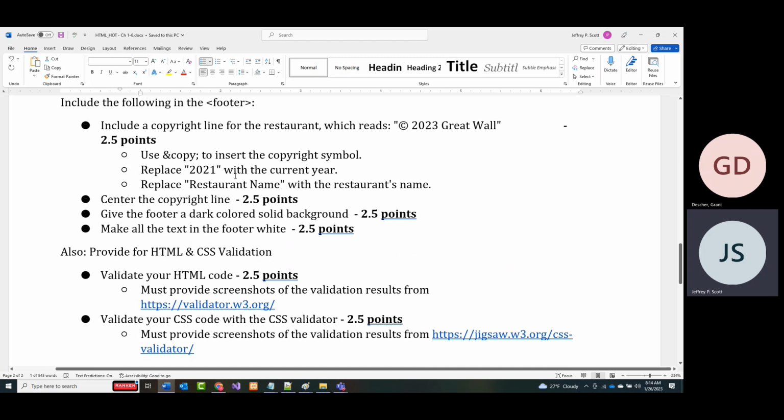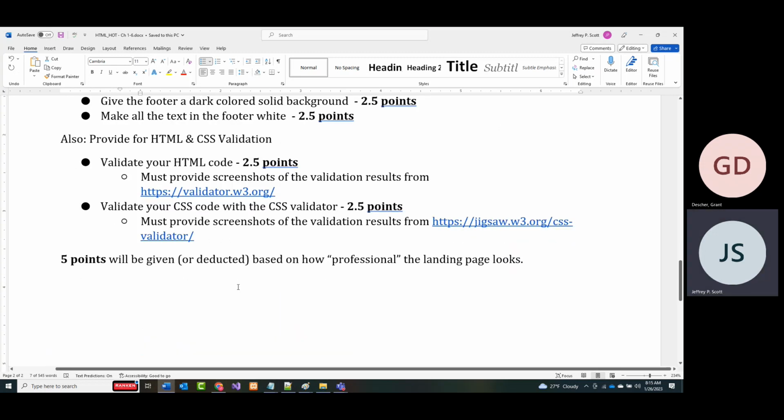All right. Right now, I don't know why I said 2021, but that doesn't make any sense. He had a picture of what he wanted in there before. I didn't like it, but this is something they did back a couple of years ago. Put the name of the restaurant in there, center it. You can read the rest of the stuff and then validate.